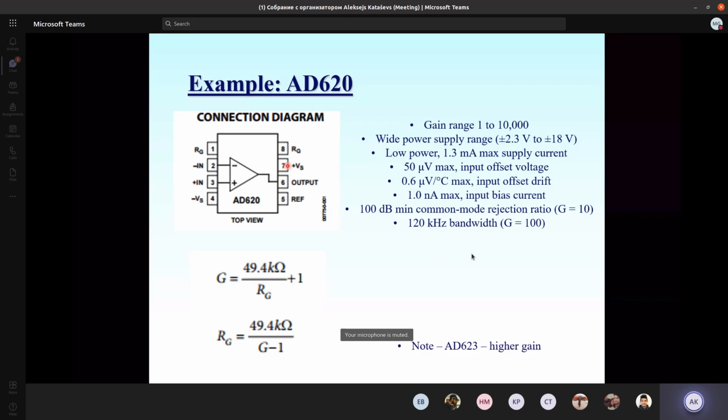It may already operate well when the difference between power supply plus and minus is as low as 4.6 volts. So with 5 volts it works perfectly. It means that it may be very well connected, for example, with an Arduino, using the Arduino 5 volt output as the power source